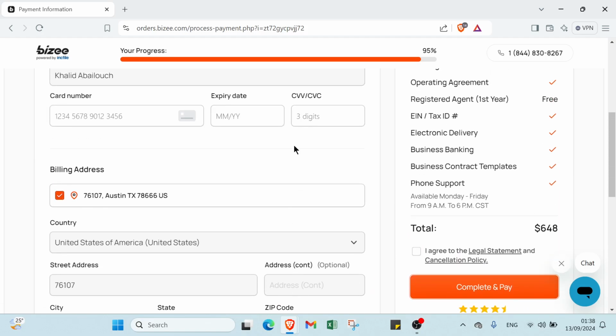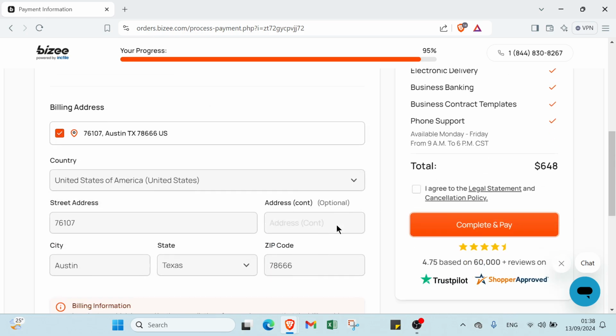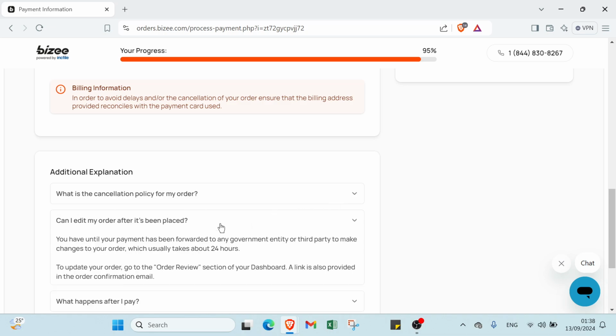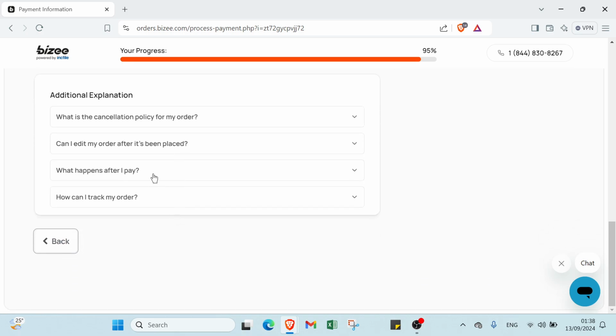As you can see, after that you have also read this information like additional explanation. What is the cancellation policy for my order? So you click over here and get your answers. Also here can I edit my order after it's been placed, what happens after I pay, and how can I track my order. So as you can see guys, with the help of Busy, you can create your own LLC